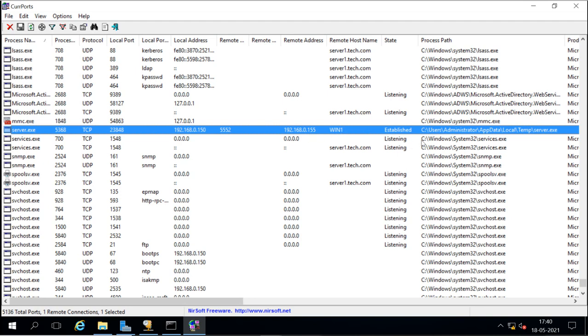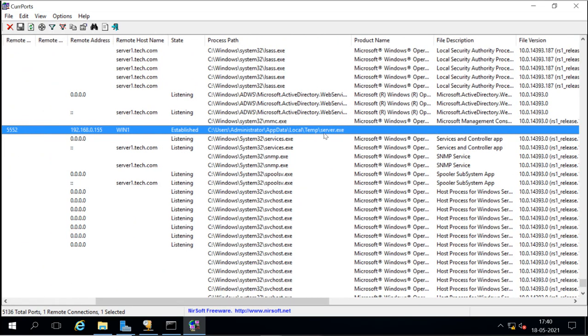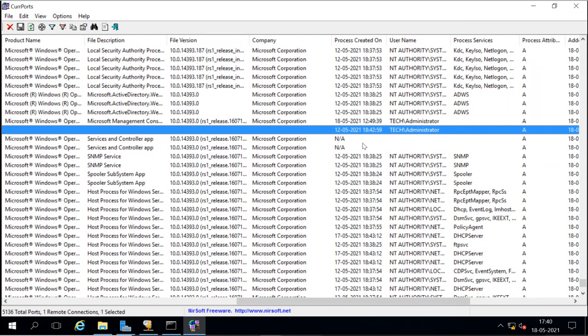Then it is showing the file also, the file which is using this, which is actually trojan.exe, and where it is located. It is showing the path also for the file which is executing this connection, and then it is showing the process created on which time and date.